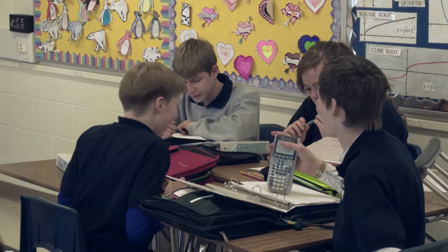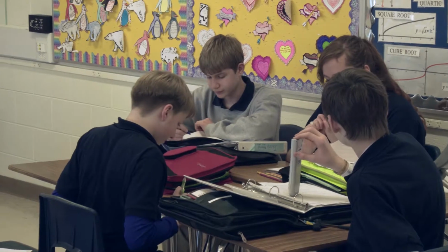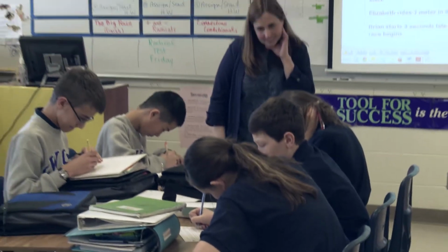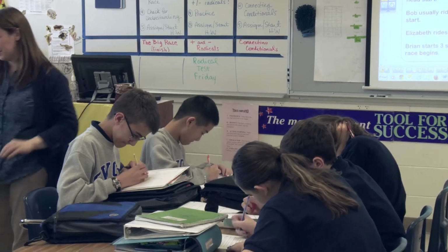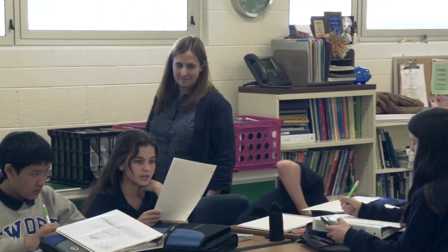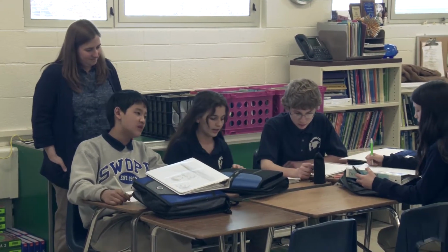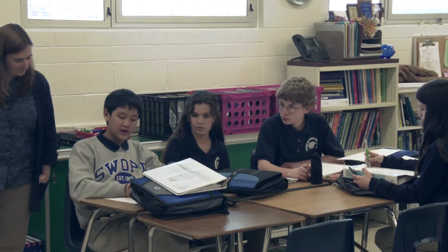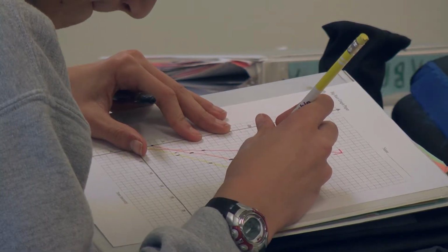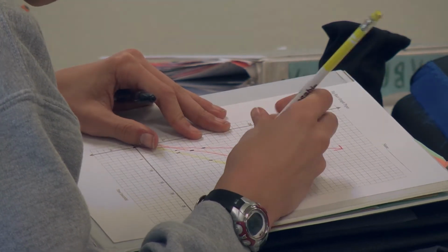Wait, so Leslie starts at 20, right? So that's 20 meters. 3 doesn't go into 20. 3 goes into 18. Can you divide 3 into 20? 20 divided by 3 is 1.33. So Brian has around 1.8. Around 1.8. And then Elizabeth is riding at